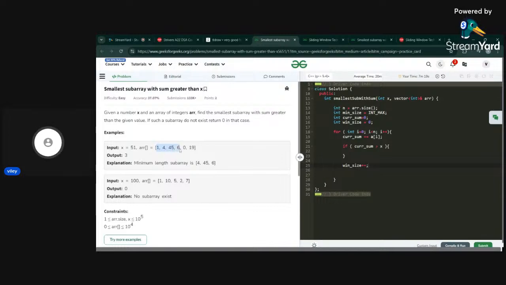We add 6. When we add 6, we have the window size as 4 and the value as 56, right? So 5 and 45 is 50, and 6 makes 56. The value 6 is there and the 56 is there. This is greater than x. What we will do now